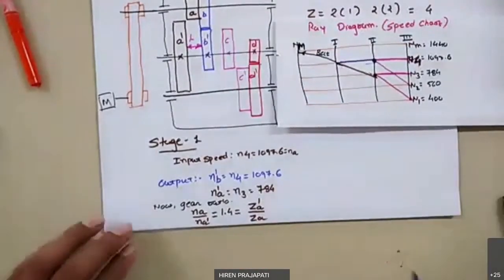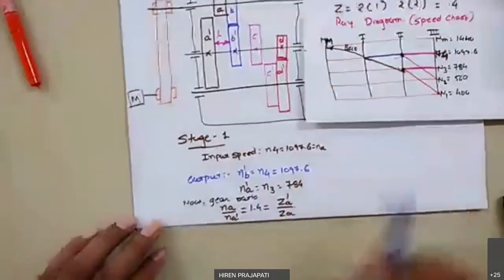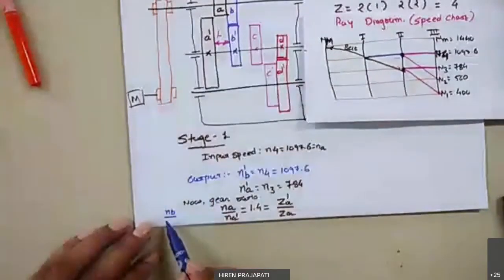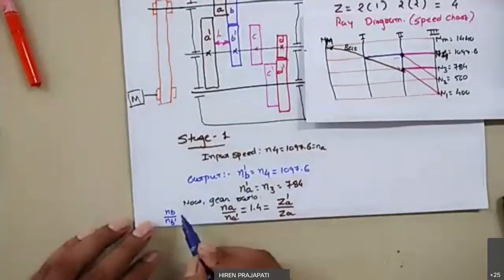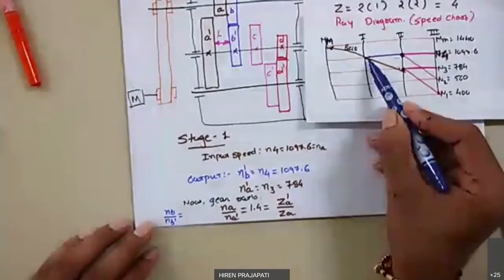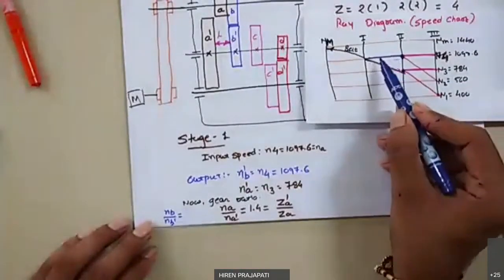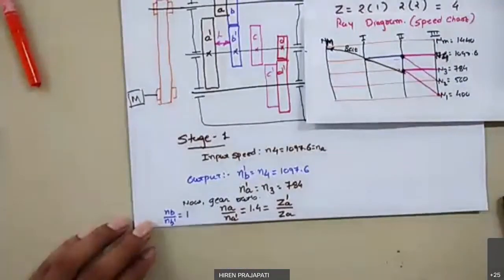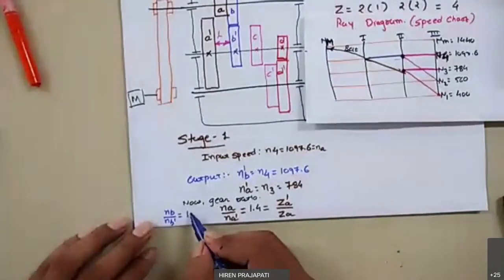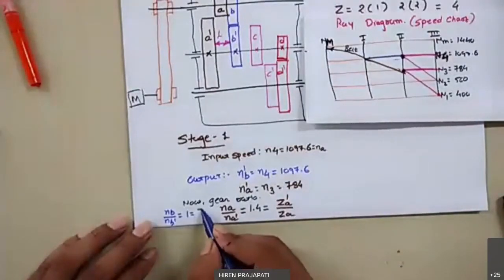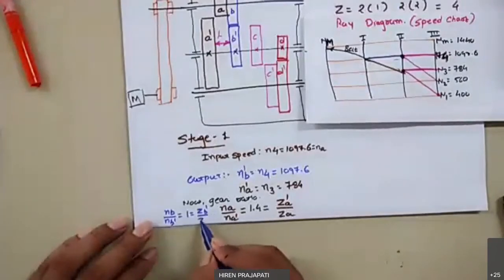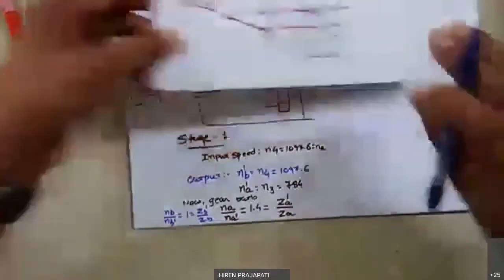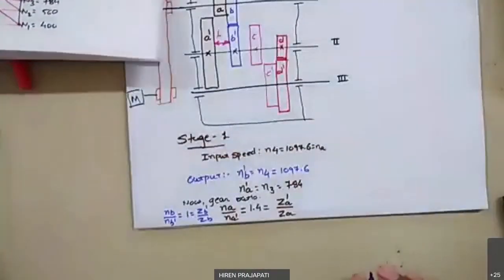Similarly now, if we talk about NB, the ratio of gear B speed to gear B dash speed is equal to, look here, it's directly equal. We are not getting any change in speed. So this is equal to 1 actually, right? And let us again write this in terms of number of teeth. Then ZB dash divided by ZB. I hope this is clear. We got this ratio, right?